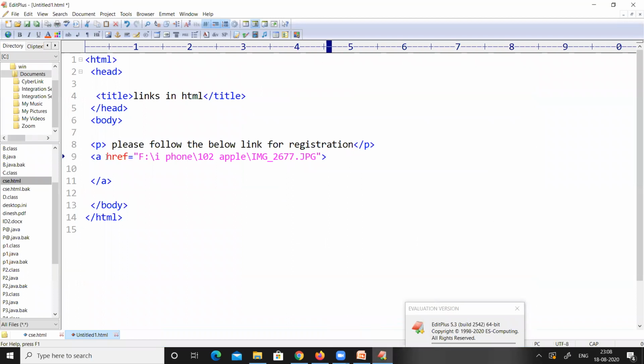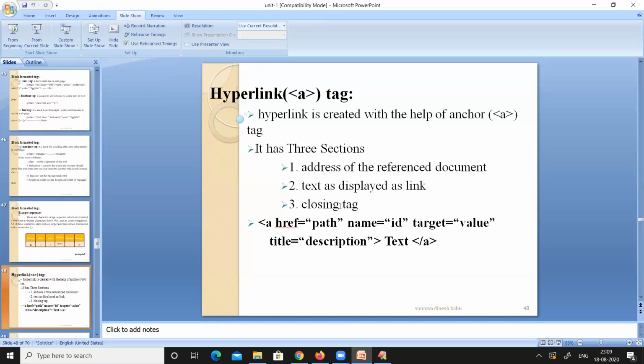Here, this is the address of the document to be opened. And then here, we have to provide some text. The text may be anything, or you can also provide your name. And then we have a closing tag here.